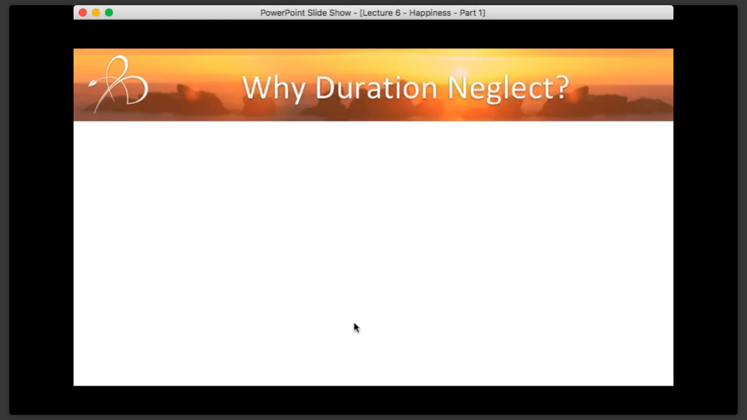So this is duration neglect, right? In other words, we're bad at estimating how long certain things are going to impact us. So if you're in a relationship and you're facing a breakup, you are not a good judge of how long it's going to take you to recover from that breakup